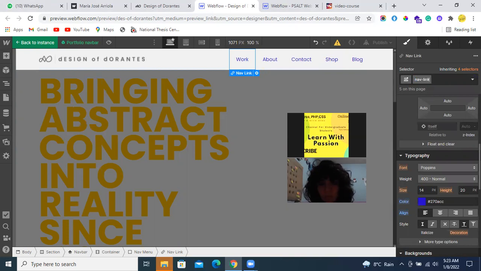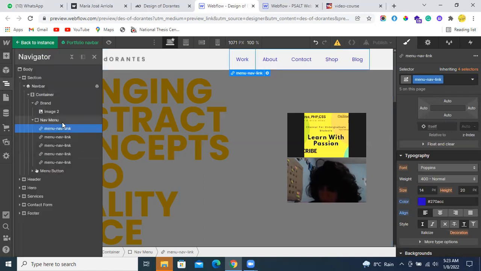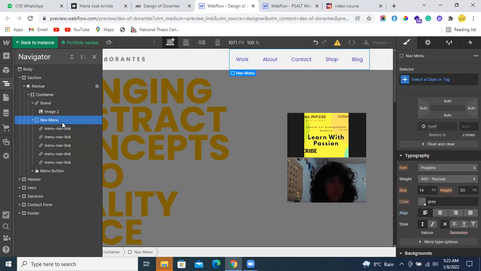Nav link, menu nav link. The name of the class should have a description of what purpose we are using that class name for. And one thing more I want to add here is, on each page for the class names,